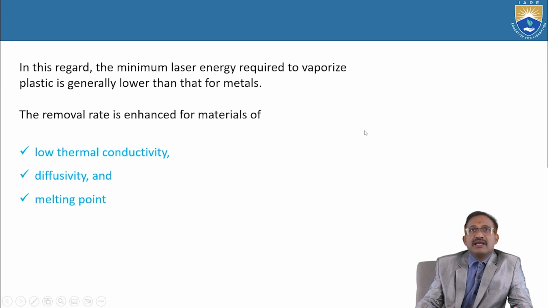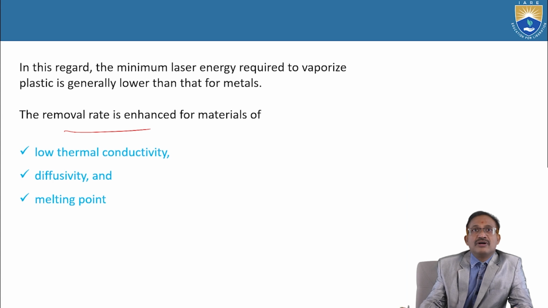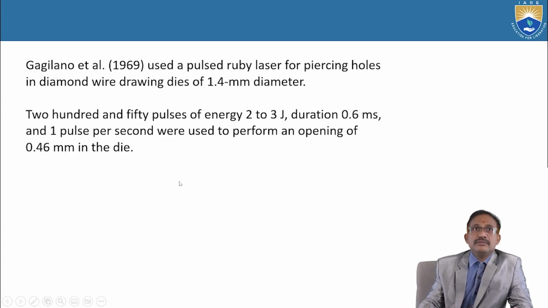In this regard, the minimum laser energy required to vaporize plastic is generally lower than that for metals. The removal rate is enhanced for materials of low thermal conductivity, diffusivity, and melting point. So these are the other characteristics which influence the removal rate. Next,